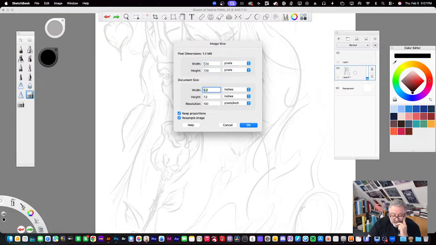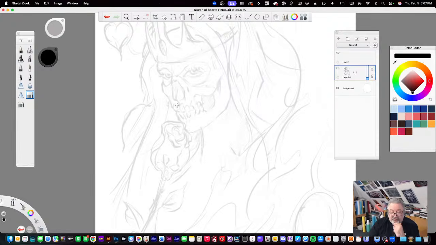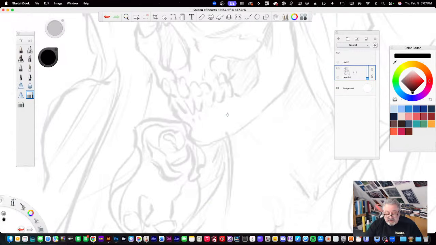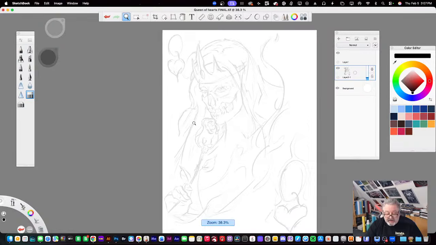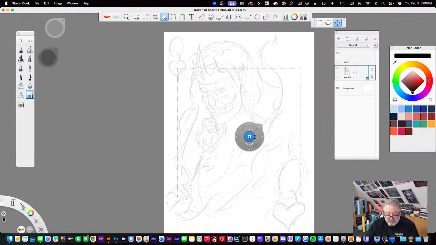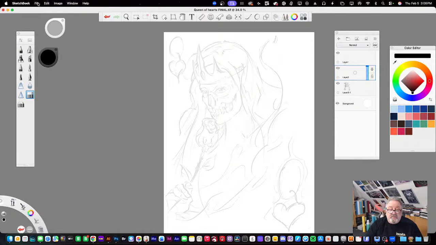I'm going to size this to what it's going to be, which is 12 by 18. And I'm going to push it up to 300 resolution, which is going to be a big file. Keep proportions. Now when I zoom in, it's going to be much cleaner. And when I paste this rose, you're going to see it's cleaner. But I'm not going to paste it. I have to import it.